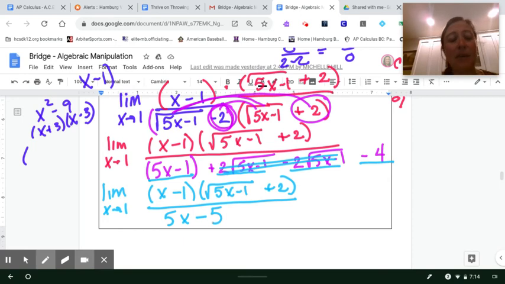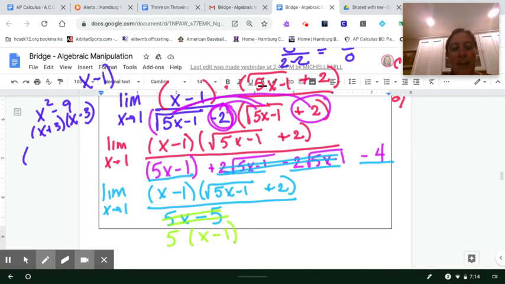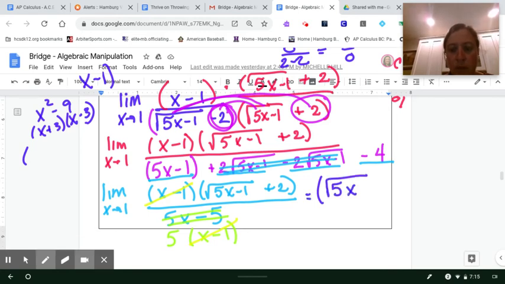Now you might be thinking nothing's happening. And so here's the deal. If you did it correctly, something should cancel. So what can I do to make things cancel? Well, I can go back to that really simple idea of a GCF. In this denominator, I can pull out a 5, and then I'm left with x minus 1. And that's how you know you did it right, because if the numerator and denominator cancel, you did it. So right here, I can divide this x minus 1 with this x minus 1. So I end up with the square root of 5x minus 1 plus 2